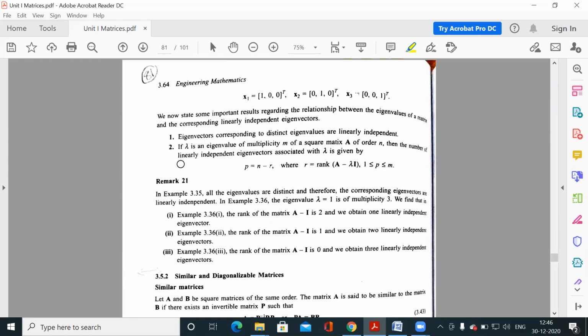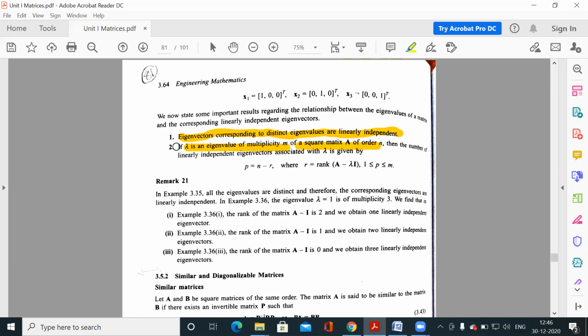So this is the remark. Eigenvectors corresponding to distinct eigenvalues are linearly independent. अगर सारी eigenvalues different हैं तो always we will get independent eigenvectors. लेकिन suppose कुछ repeated है, so if lambda is an eigenvalue of multiplicity m of a square matrix of order n,